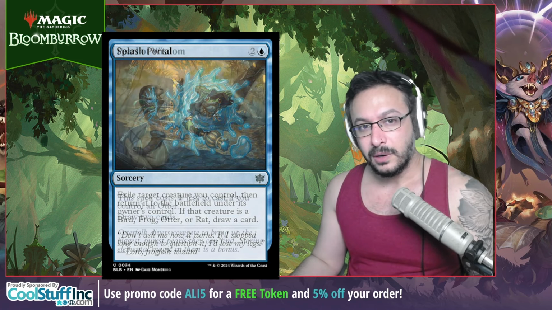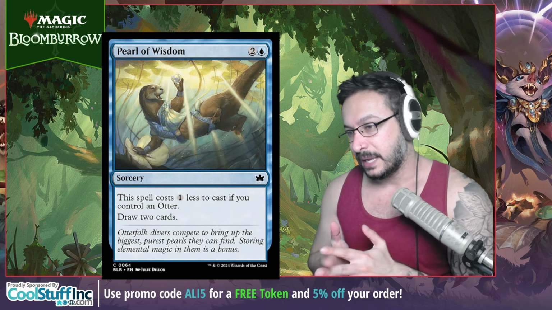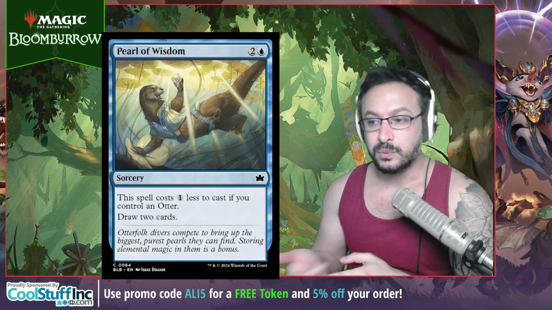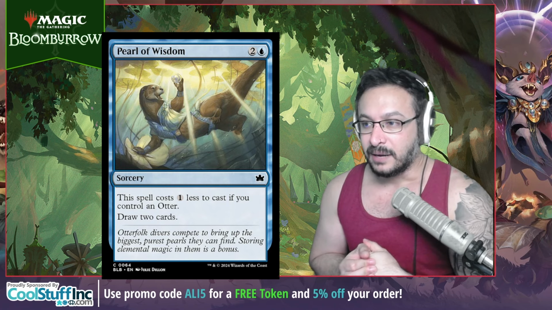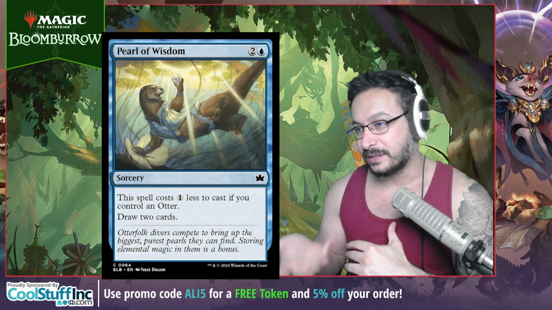Coming in at number 4 is going to be another common called Pearl of Wisdom. So Pearl of Wisdom on the surface is just a 3 mana Divination. You draw 2 cards, but it costs 1 less if you control an otter. So 2 mana, draw 2 is pretty good. It's really good, actually. But what's really good about Pearl of Wisdom is the fact that there's an Izzet otter,